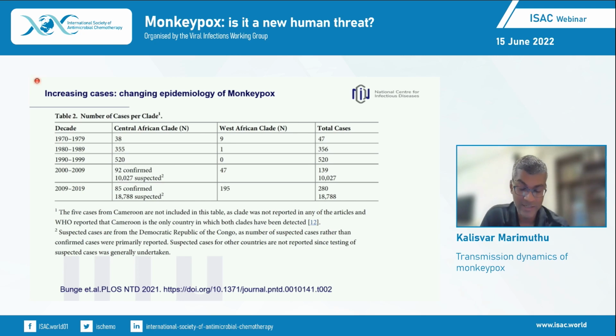I thought covering the transmission dynamics of monkeypox, which doesn't have much data, would be easy in 10 minutes, but it turned out quite difficult, though I will try to keep to 10 minutes. When we talk about transmission dynamics of any virus, we can talk about two parts. One is the infection rate of the virus, the transmission rate, and number two is the modes of transmission. So I'll start with the transmission rate of the virus.